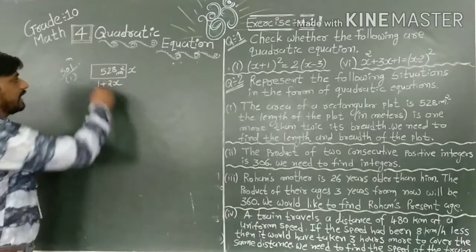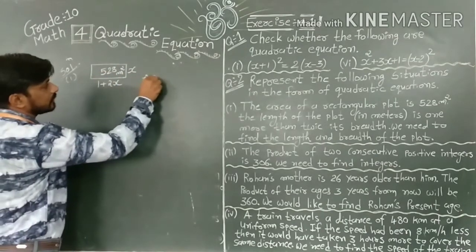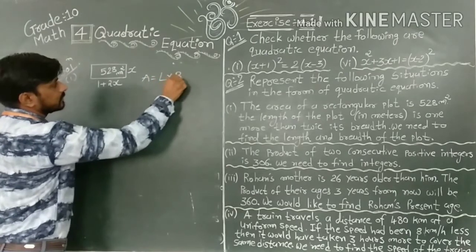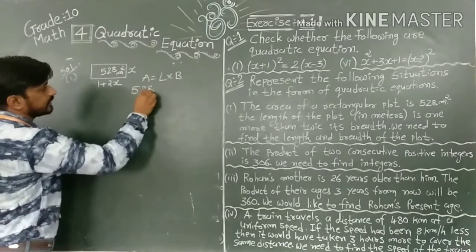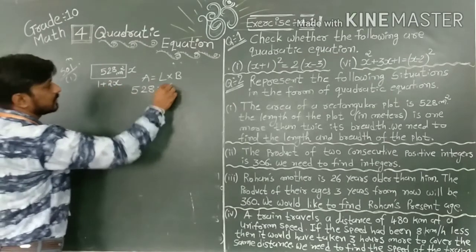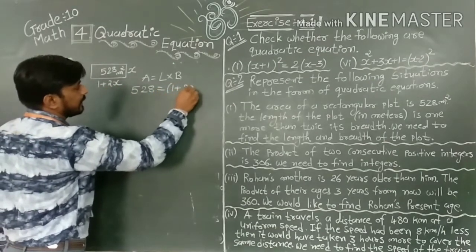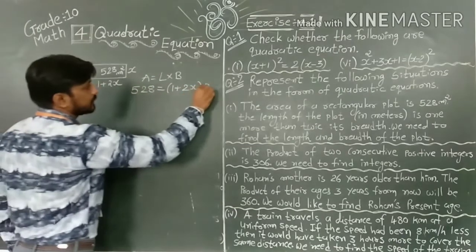Okay? Now, as we know that area is equal to length into breadth. Now put all these values here. Our area is 528. What is the length? 1 plus 2x. And what is the breadth? x. Now solve this